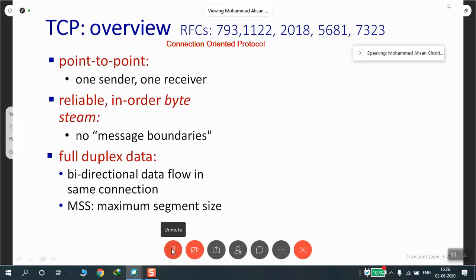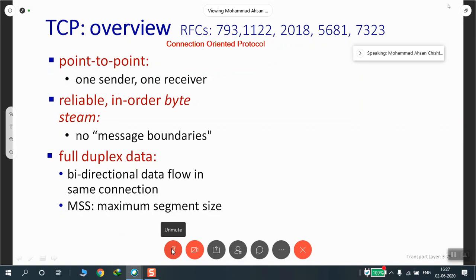Another thing that we have to understand in TCP, the first point that is given here, is that it is a point-to-point protocol. One is the P2P that we understood in the physical connections, the topologies that we did. But in this case, we are not talking about the physical topologies. We are talking about point-to-point connectivity. That is, if we want to have a connection-oriented transport, if we want to have TCP, it is between one sender and one receiver.